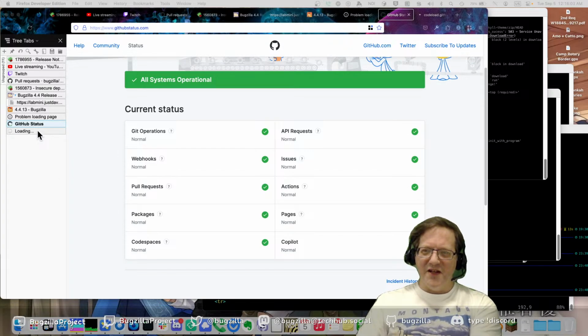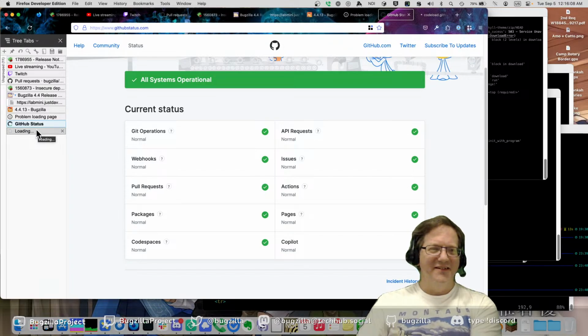While I sit here waiting for something to happen. I suppose we could always go back and work on the 5.0 notes while we wait for GitHub to figure out what they're doing.